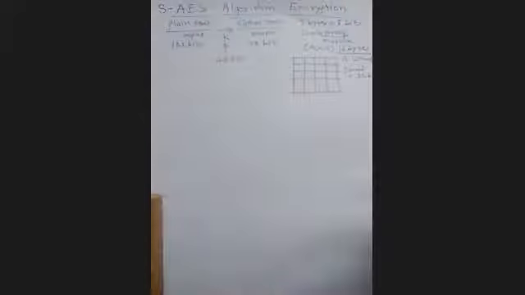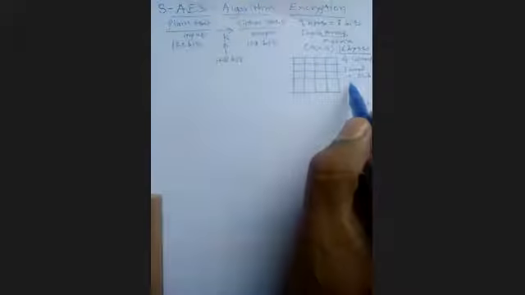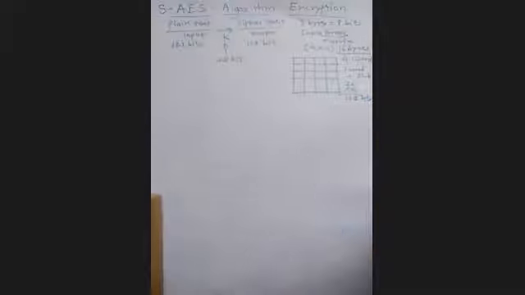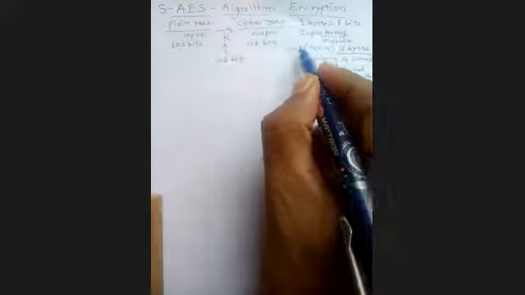Got it? One word is equal to how many bits? 32 bits. Suppose I have multiplied, this is my forward, so 32 multiplied by 4. So how many do you get? The output comes to 128 bits. Got it, my point? So this is the value that you can take as an input. This is my input, a 4 by 4 array or 4 by 4 matrix.